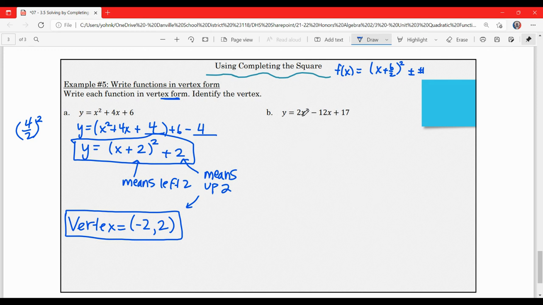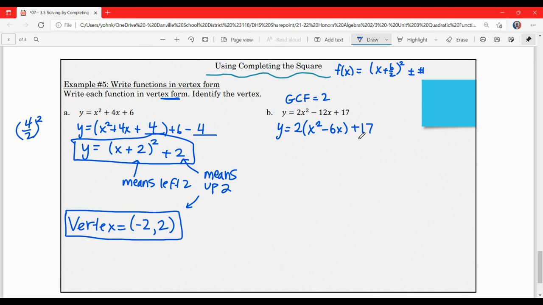All right, let's do another one. This time there is a 2 in front. So we are going to do y equals. Now, when you separate your letters from your numbers, you also at the same time have to factor out whatever number is in front of the x squared. So I'm going to write 2 times x squared minus 6x, and then that 17 is still hanging out. So again, I just factored out a GCF of 2